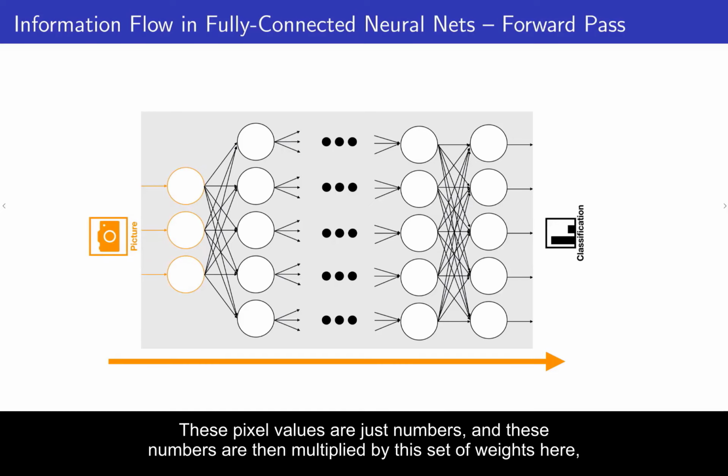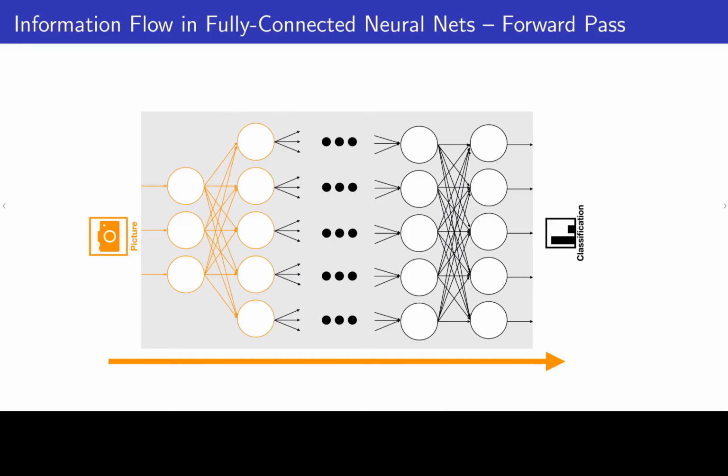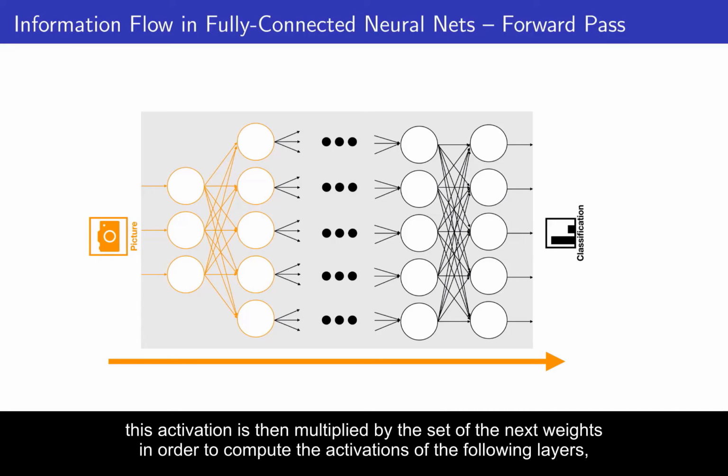These pixel values are just numbers, and these numbers are then multiplied by this set of weights here, and this happens in parallel to compute the activations in this next layer here. Well, and we apply this nonlinearity in this layer, and then for each of these individual neurons, this activation is then